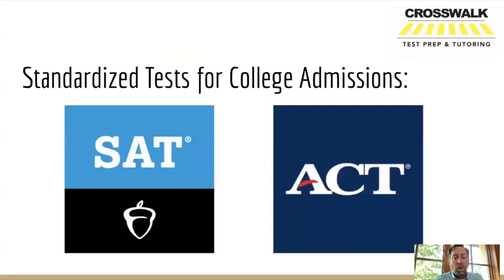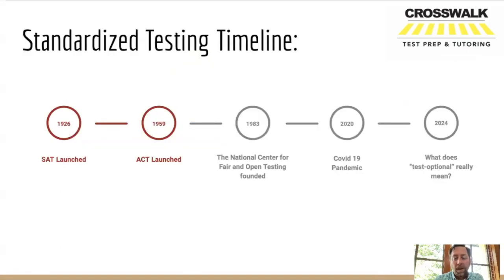As we start, it's important to understand that there are two standardized tests that colleges could consider. One is the SAT, the other is the ACT. If a college is looking at your test scores, they'll take either one. It doesn't matter. Not that you need to know this, but I think it's important for the context to understand the standardized testing timeline and its use in college admissions. The SAT was originally launched in the 20s, followed by the ACT several decades later. Over this time frame, colleges were using both SAT and ACT data to make their decisions in terms of college